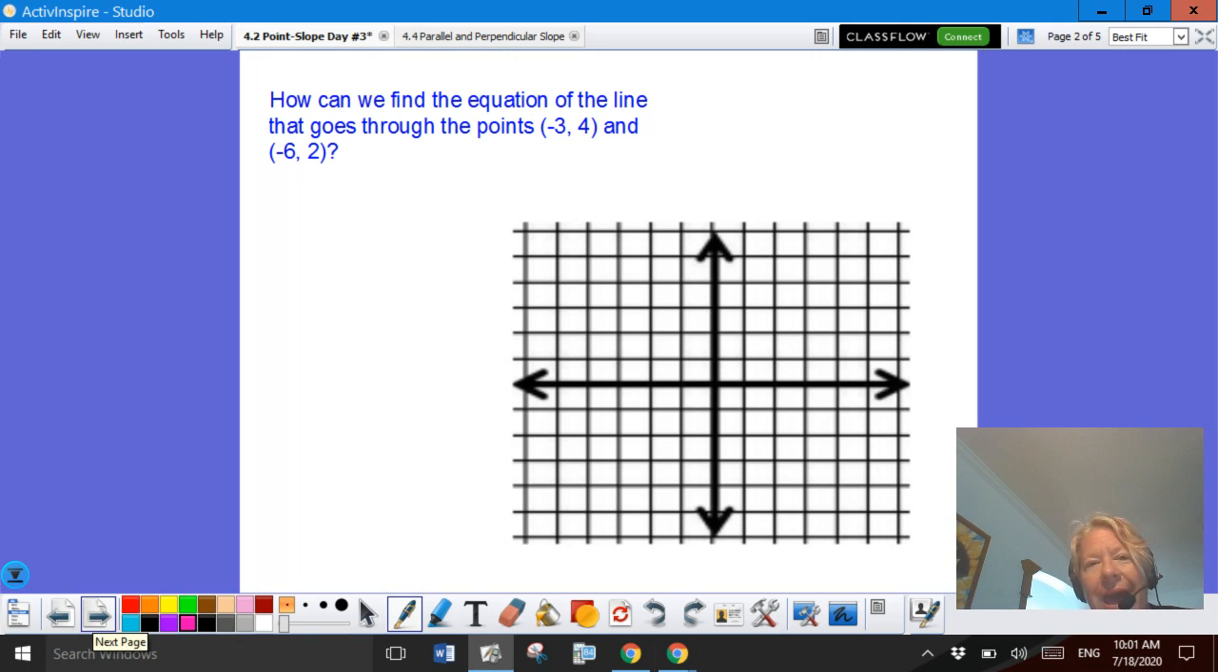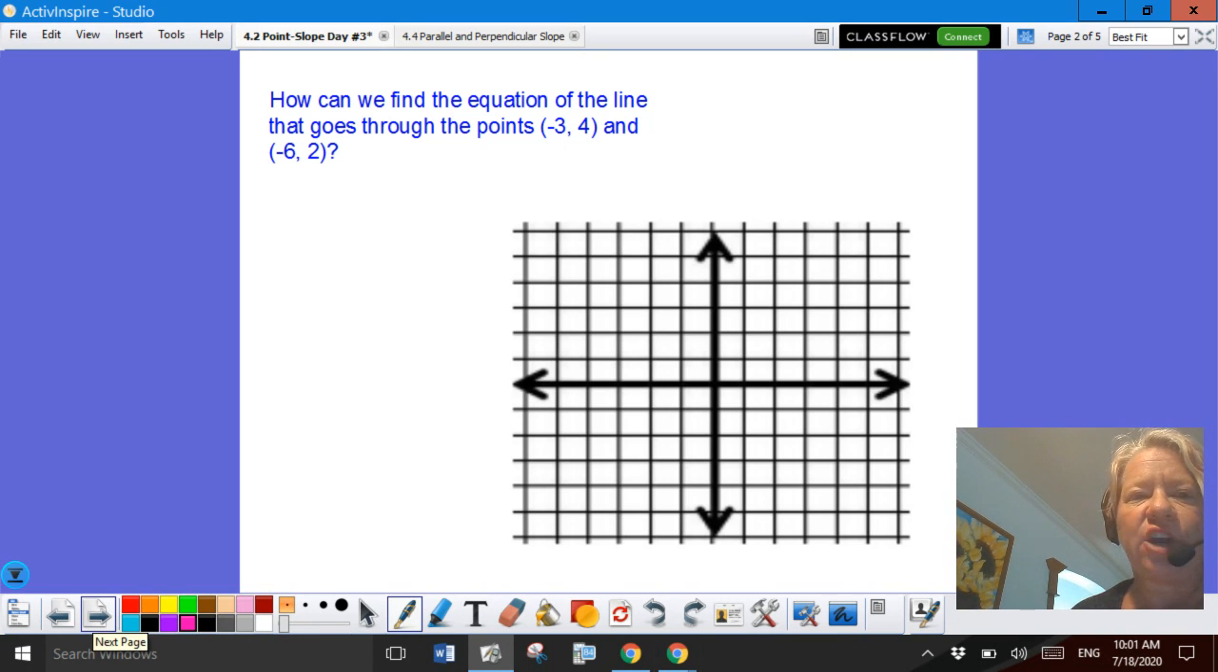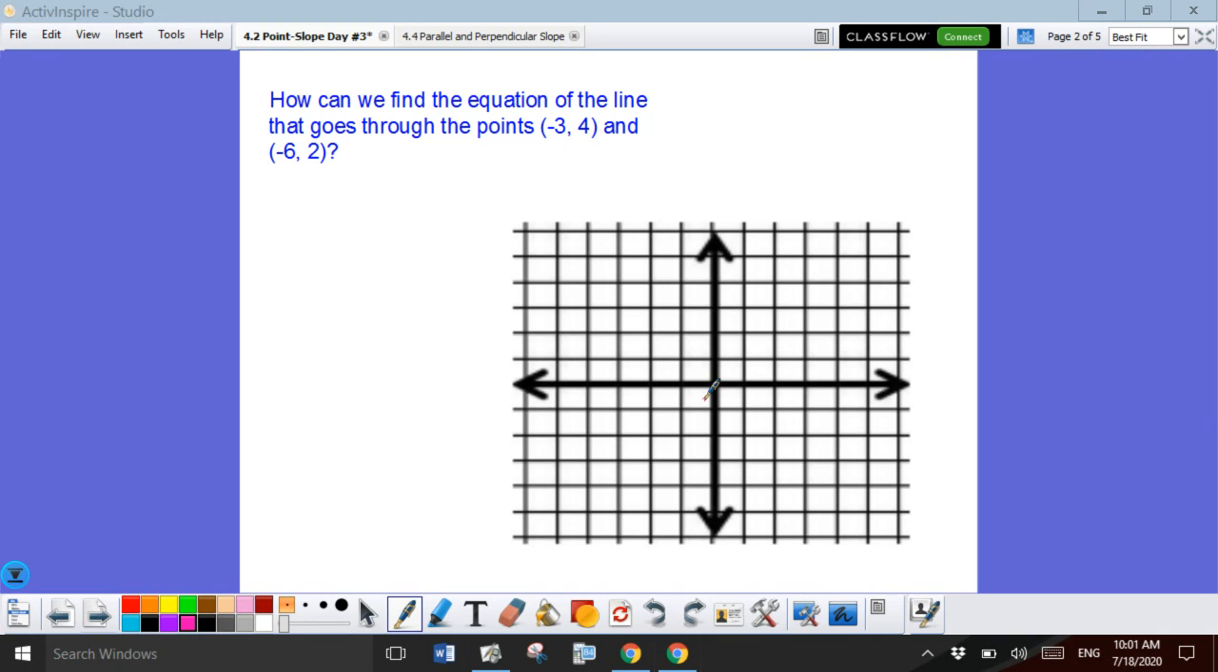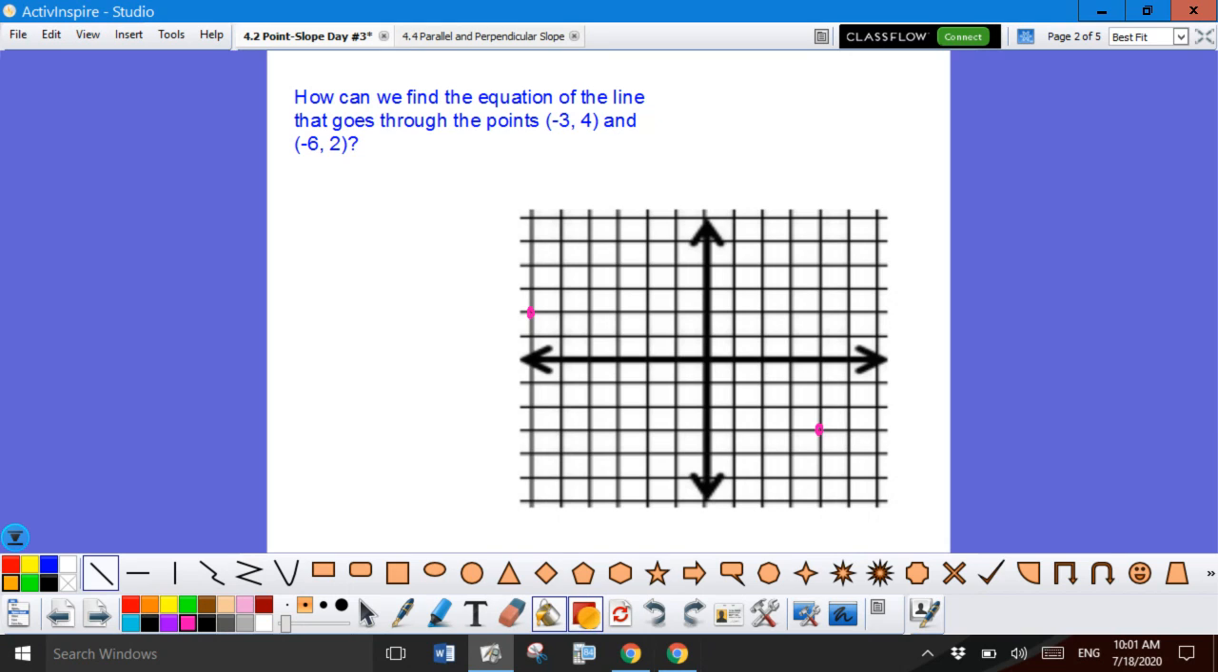So let's take a look at this problem. So I have these 2 points, and they want us to find the equation. So it's giving me negative 3, 4. So 1, 2, 3, 1, 2, 3, 4. And negative 6, 2. So 1, 2, 3, 4, 5, 6, 1, 2. And it wants me to find the equation between those 2 points. So if I go ahead and draw a line between these 2 points,